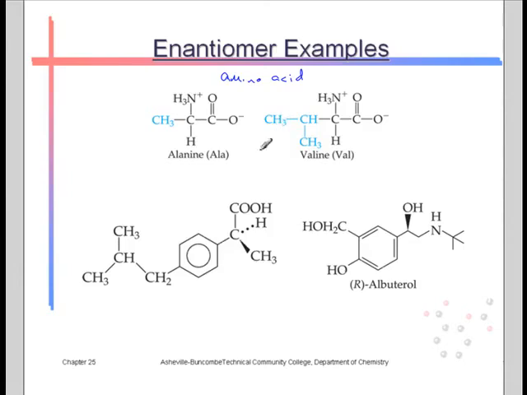And the reason why I brought in valine and alanine is because they're building blocks for proteins in your body. And of the 20 or so amino acids that are used for forming proteins in your body, there's only one that's not a chiral molecule. All the others are. And the carbon that is the stereocenter for amino acids is referred to as the alpha carbon. You're not responsible for that, but I do want to use that label because I'll use it here. So it's these alpha carbons, and what you see on each of the alpha carbons is that there is,